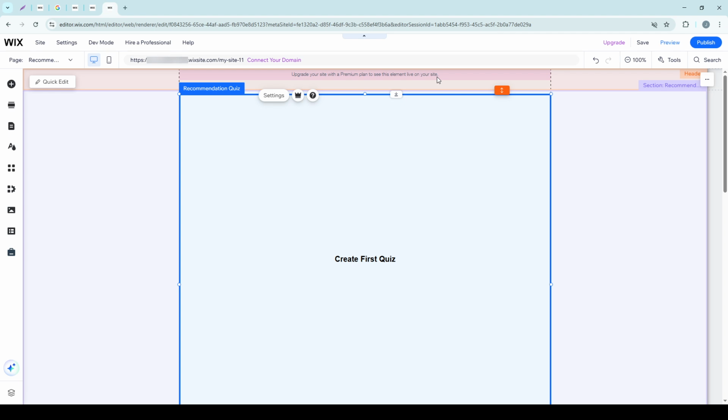Once you're pleased with how your quiz looks and functions, it's time to see it in action. Select the option to preview your page and take a thorough look at how everything fits in the broader context of your website. If everything meets